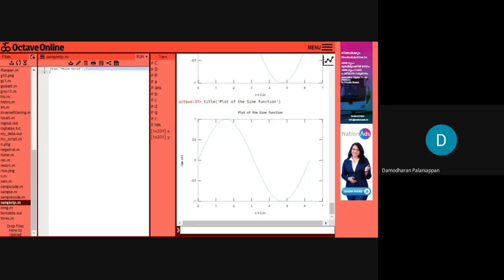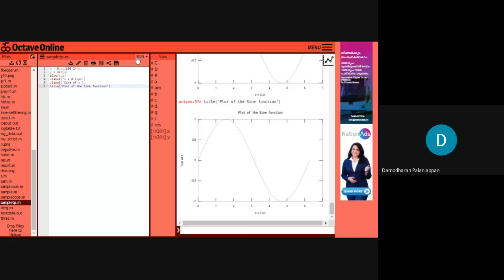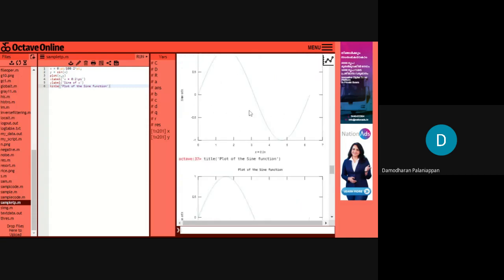I'm not going to do any big program, I'm just copying the code from the previous experiment. Then I save this file. Then you can see at the right corner, there is a run script. If I click this run script, the program will be executed and the output will be there. All the statements will be executed and the output displayed.